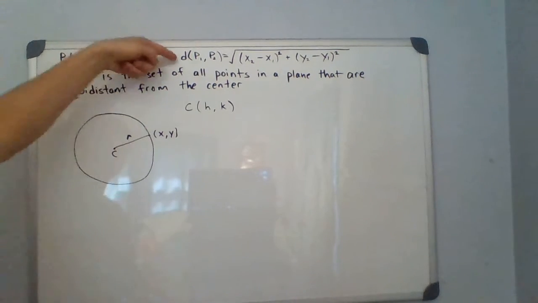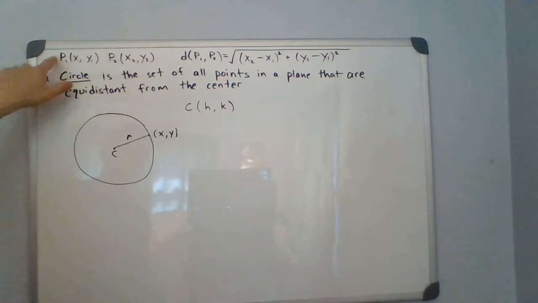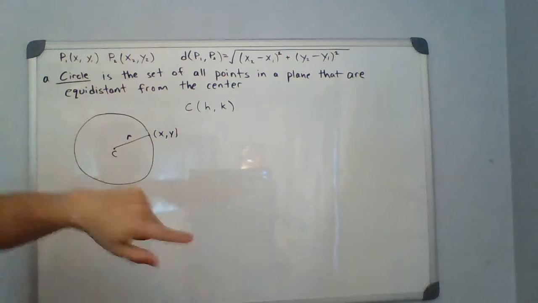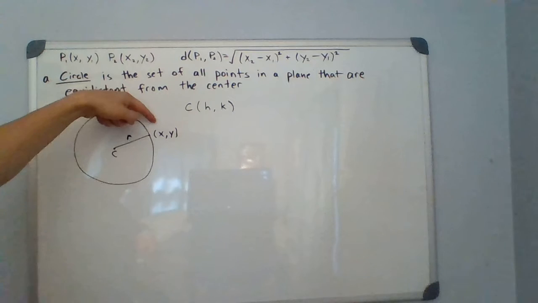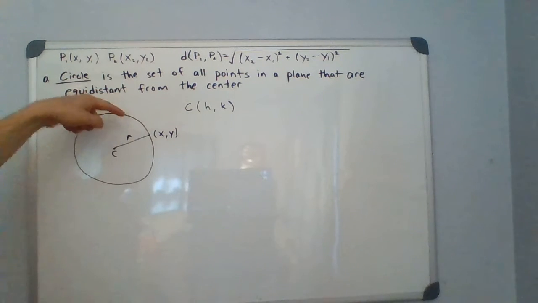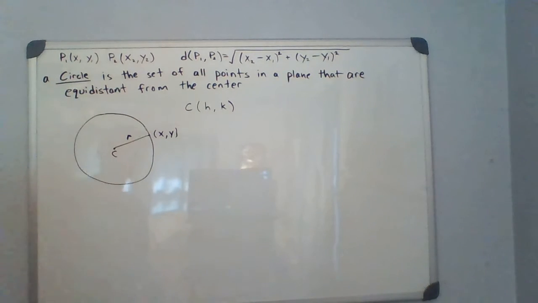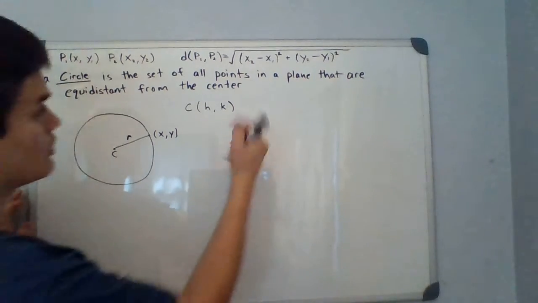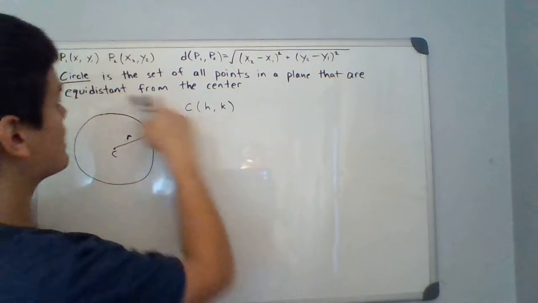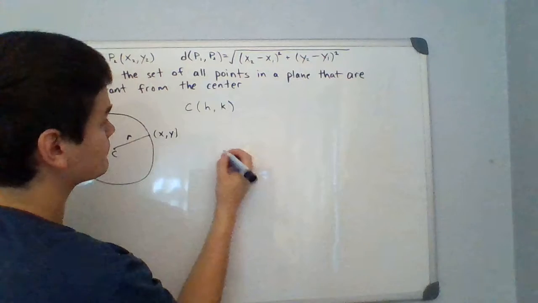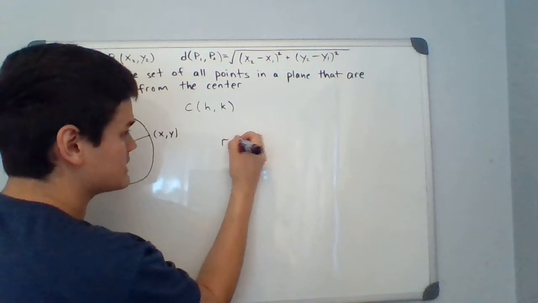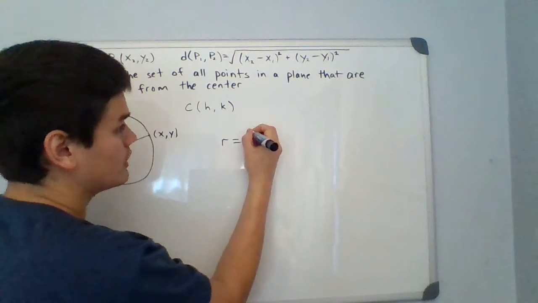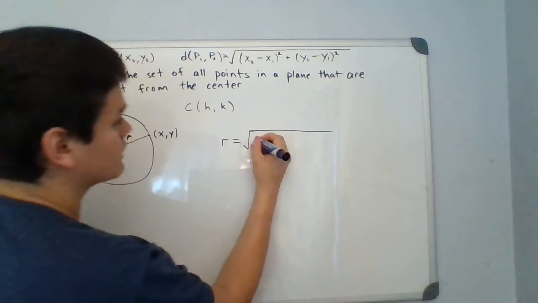So we can use our distance formula. We can use the distance formula given two points, P1 and P2. This is the distance formula. But here, one of our points is the center, and the other point we're going to let be variable to represent the set of all of the points. So we're going to use (x1, y1) to be our center in this case, and the distance is going to be the radius. So the radius is equal to the square root